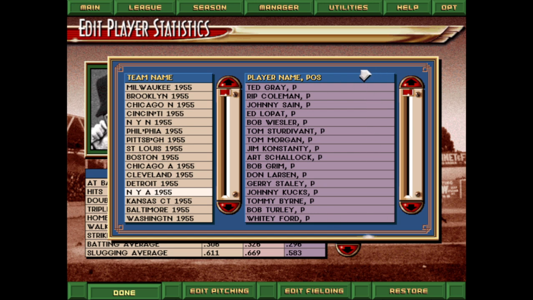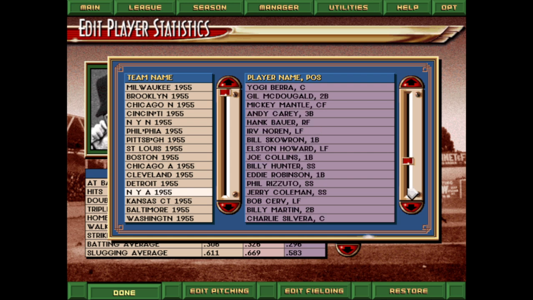So if you want a more accurate simulation, you're going to want to fix those issues prior to the draft. Or if you're just playing a straight season, I would still recommend doing this. So you'd have to go through each player, and what I generally do with this is I have this running